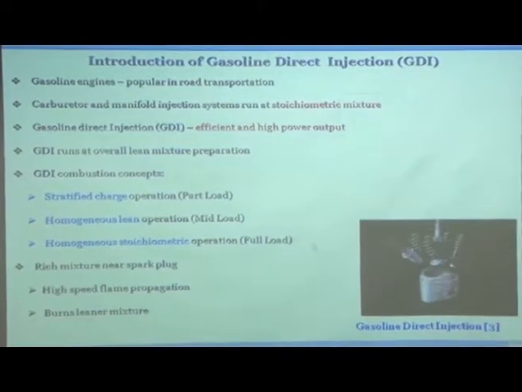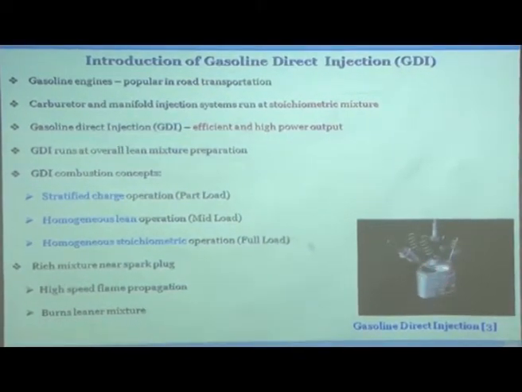First thing that you will notice is that this piston is of very strange shape, it is not a normal piston. So, the piston has a bowl cavity which is like this. Okay. So, you see here the air is coming in and you see it is going like this. This shape actually allows the air to swirl in a particular vertical swirl and go like this, and then you see there is an injector.